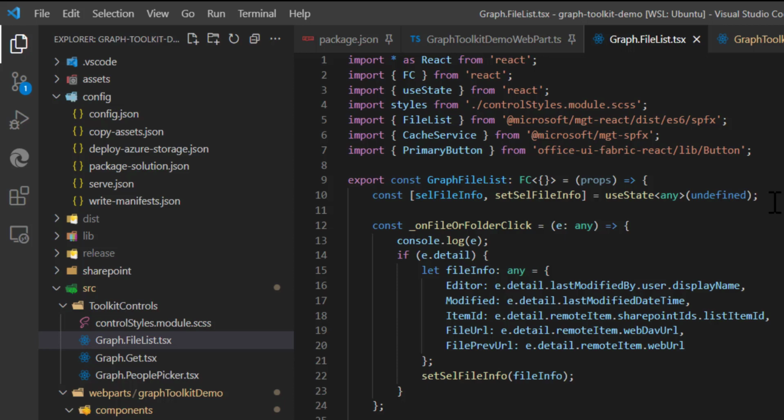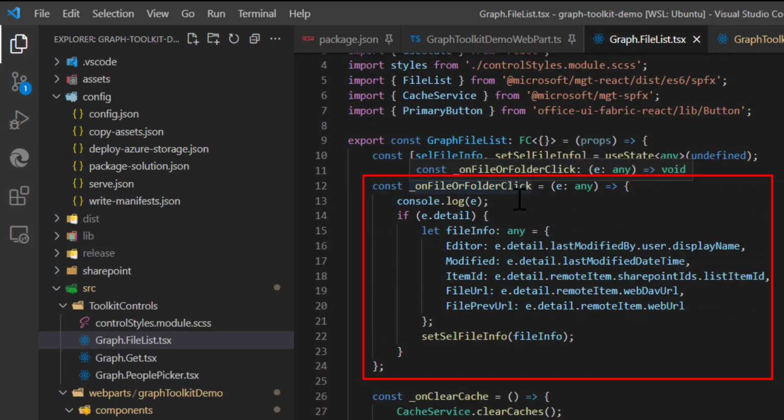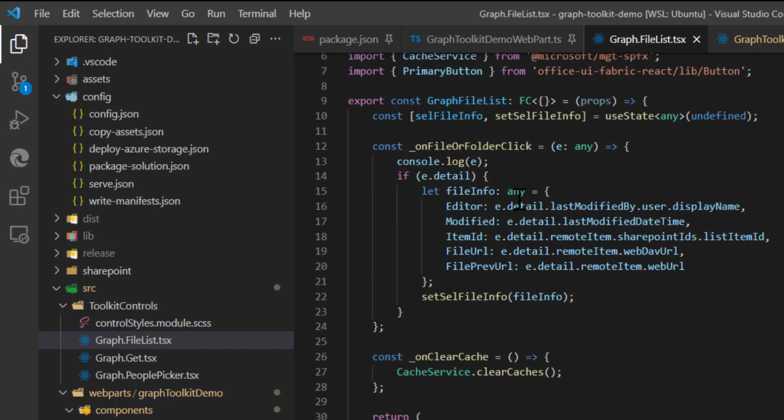So I have just created a state to store the file info. Whenever I click on the file, the information is stored in the state. So this is the file click event handler. So this is the event I am calling it in. So you can see the detail has a lot of information, and I am just using a couple of pieces, like who has edited it, when they have edited it, and what is the file URL and the selected file ID.